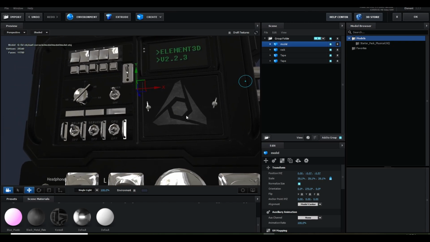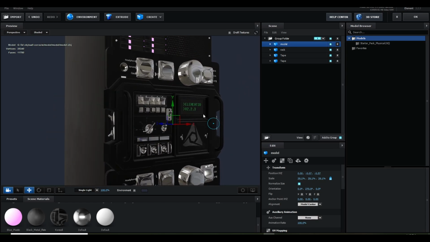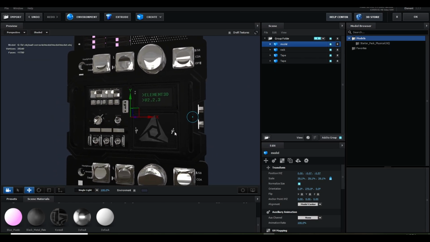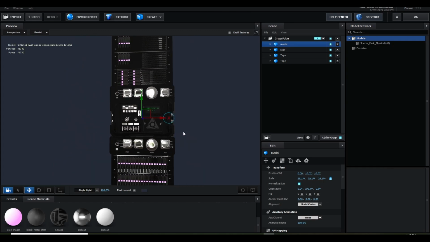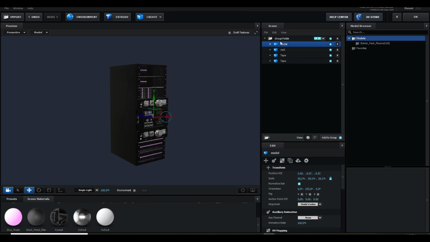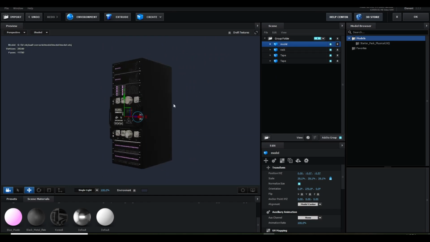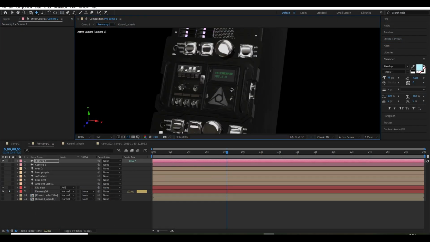And here I put a Video Copilot logo just to say that this is ELement3d and this is Video Copilot version 2.2.3. Pretty good. So once you are done with one model, make sure I put all these models in one group and then hit OK. And first let me show you how I created the